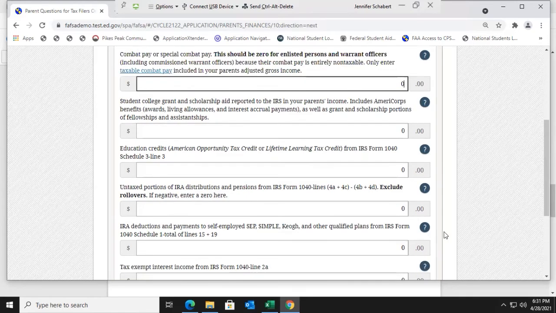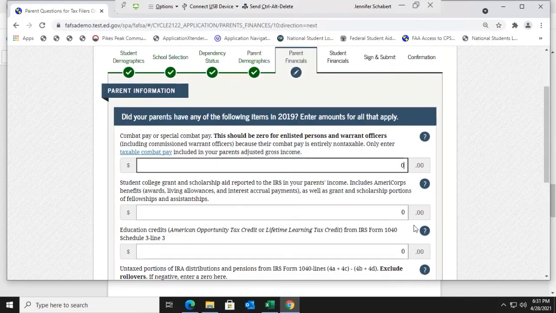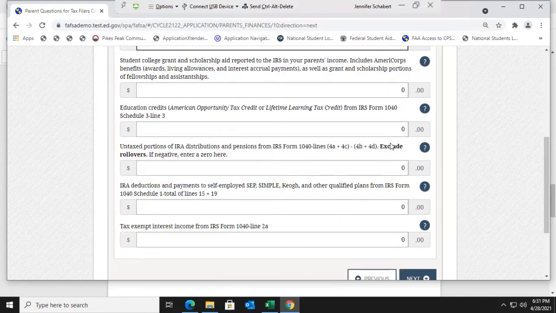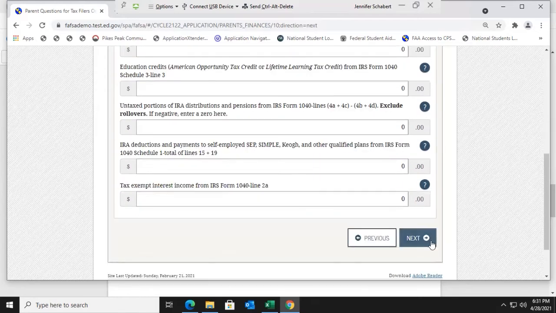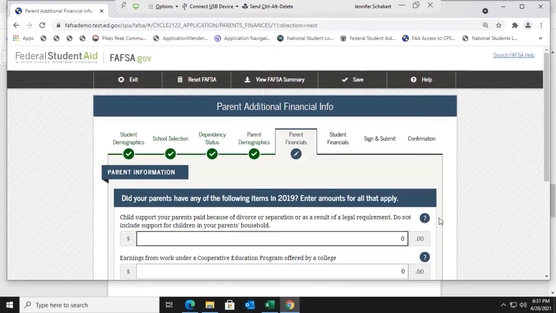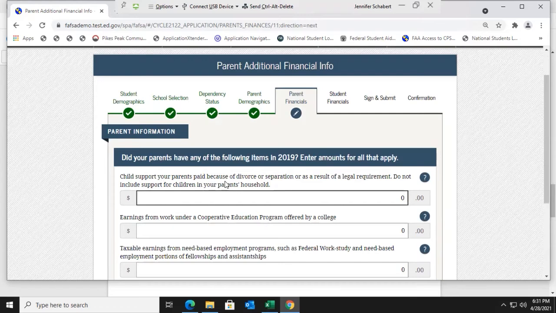If your parent does not have any information for this FAFSA for any of these fields, you can just leave them as 0s and click Next. We'll then ask if your parents paid any child support in 2019. You would list the entire yearly amount of any child support paid in 2019 by your parent or your parent's